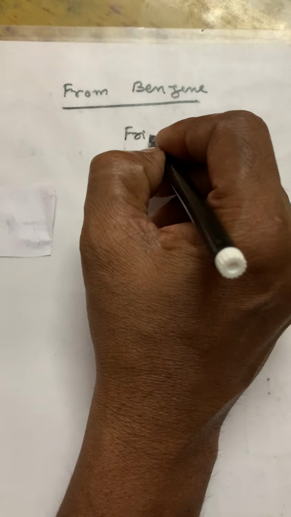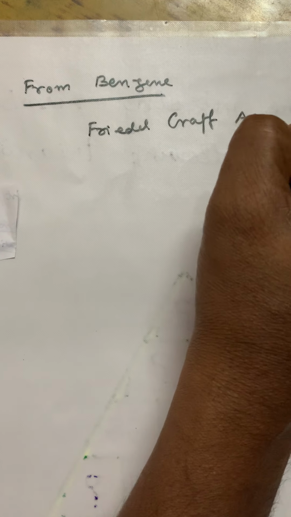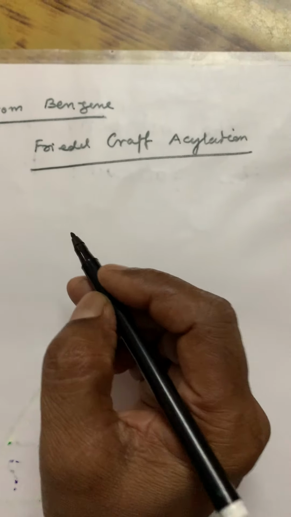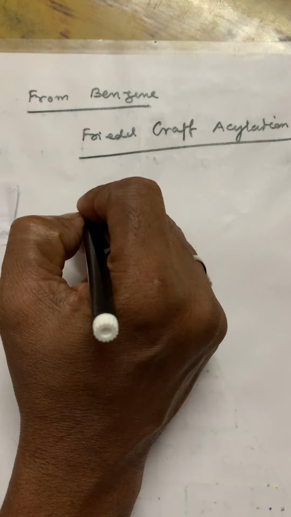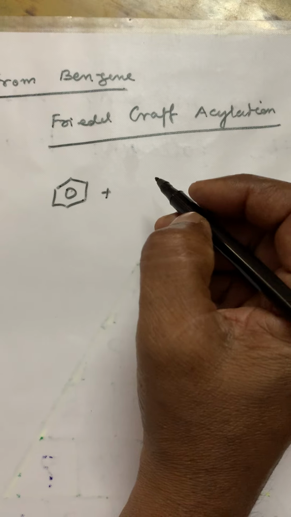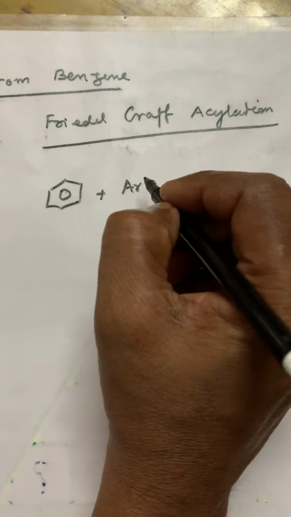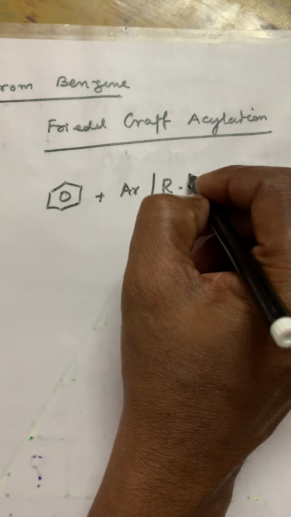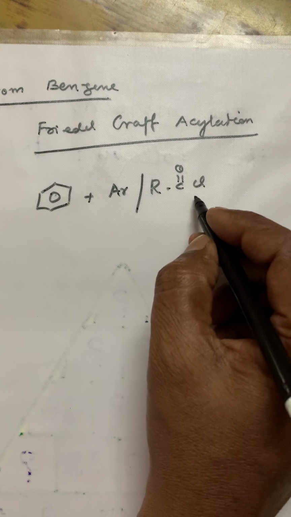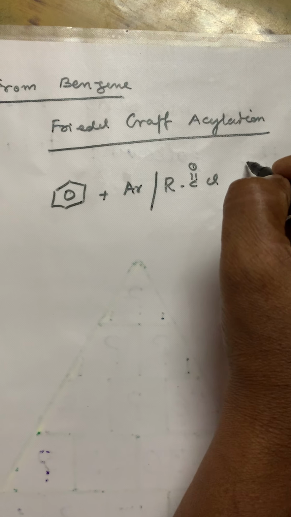That is Friedel-Crafts acylation. When you take benzene and react it with an acid chloride, either Ar or RCOCl, acid chloride or aryl chloride, in the presence of acetic anhydride,